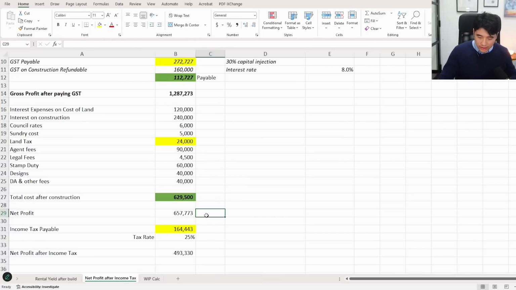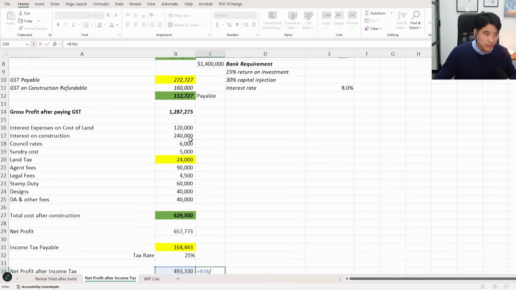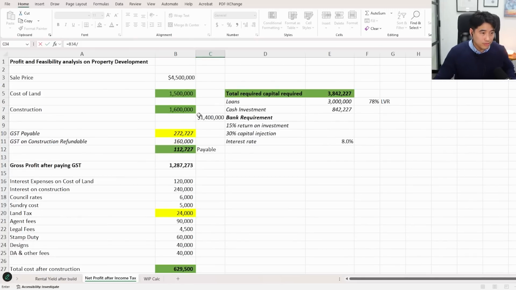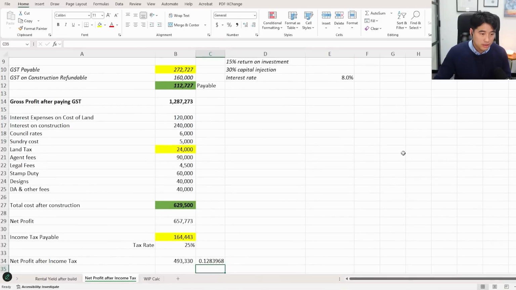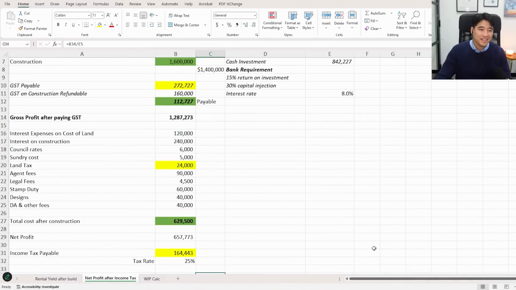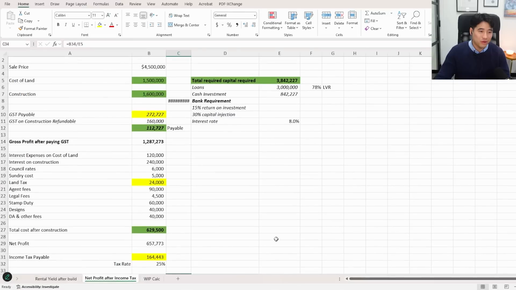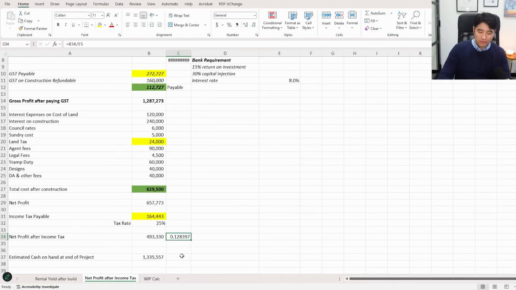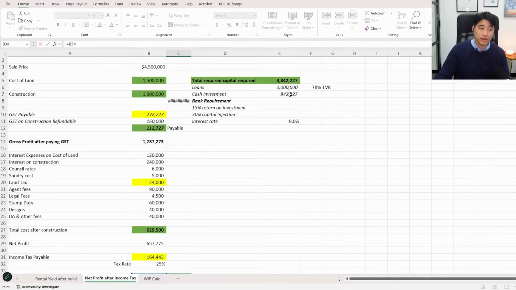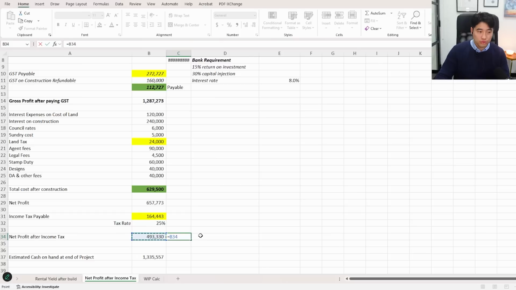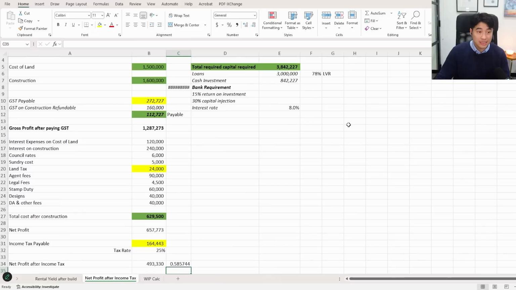Yeah. So then check this out. If you look at after tax, what are you making? That divided by, say that it's a full investment, and you're investing this much, you're making 12%. It's sometimes not worth doing that. But a lot of property developers don't see it that way. They don't see the full capital 3.8. They look at just the cash investment. So if you do that 495 divided by the cash investment, because that's the total cash they need, it's actually a pretty big chunky profit.